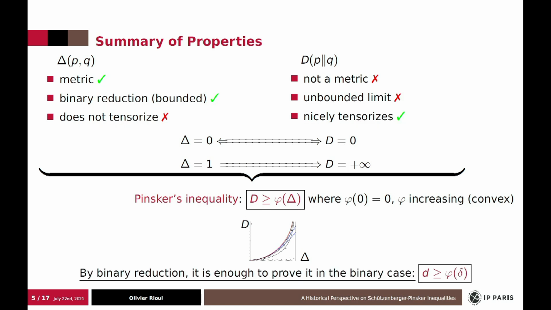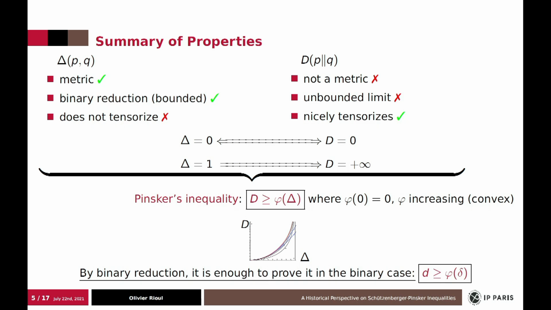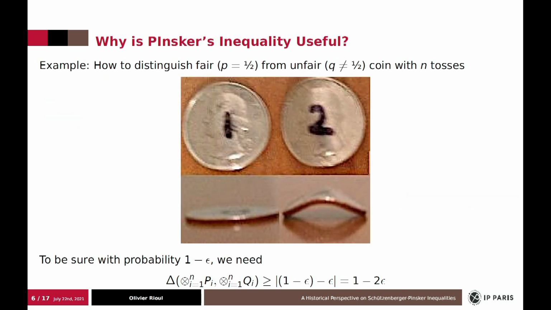And also, using binary reduction, it is very easy to see that it is enough to prove Pinsker inequality in the binary case, because delta is already defined for binary partitions, and D can only increase by subpartitioning. And therefore, to prove it in the binary case is simply a very simple expression. I will give that later. First, let me just give a very